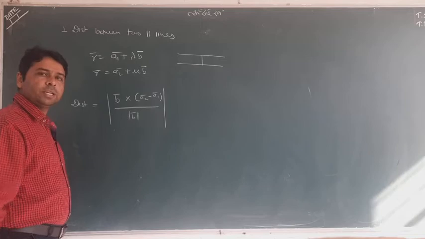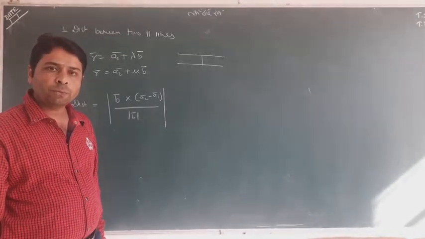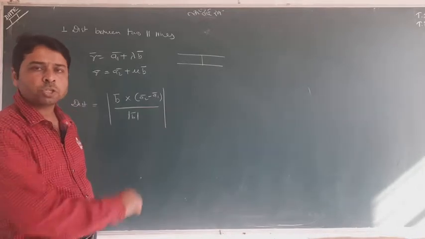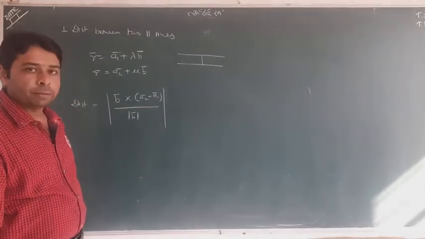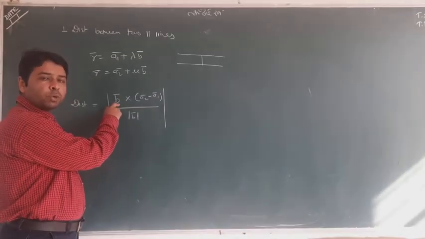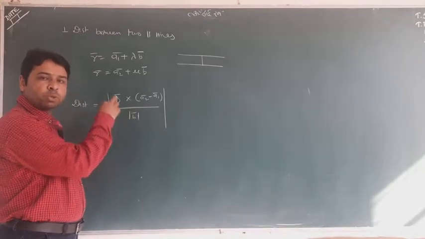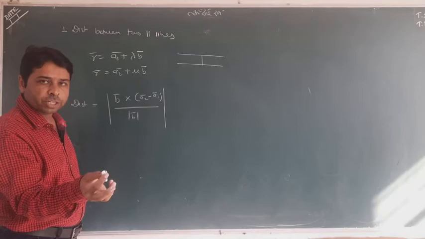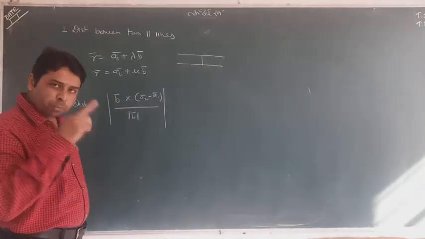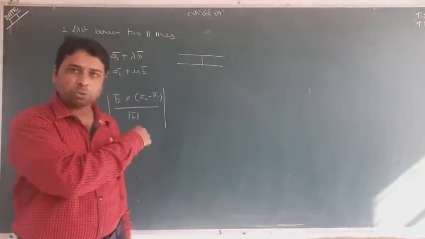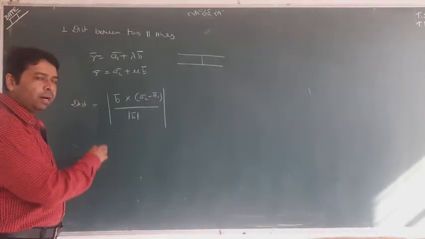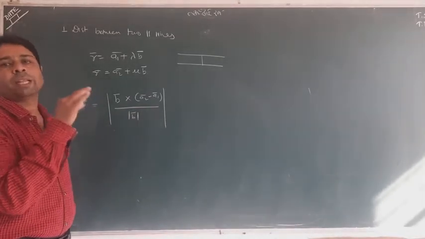Very common thing. Compare it to the formula of distance between two skew lines, and this is the distance between two parallel lines. Simple. Instead of b1 cross b2 it is only b. That time it was dot, it is cross now. a2 − a1 is a constant, remains the same. And upon it was |b1 × b2|, it is only |b|. I don't think it's a trouble. Remember the formula for the distance between two parallel lines.